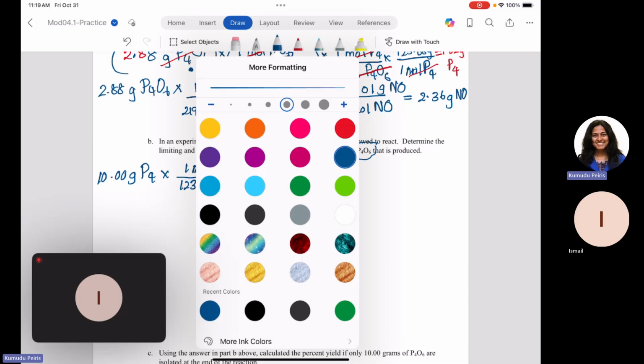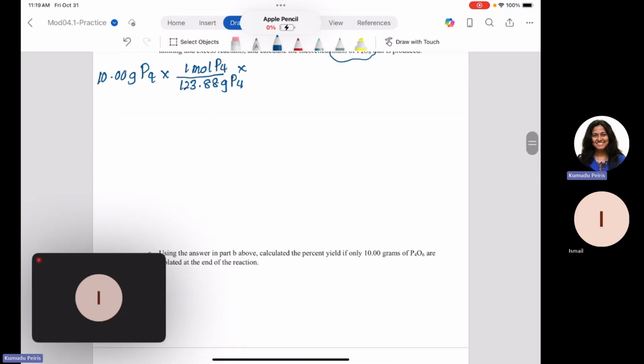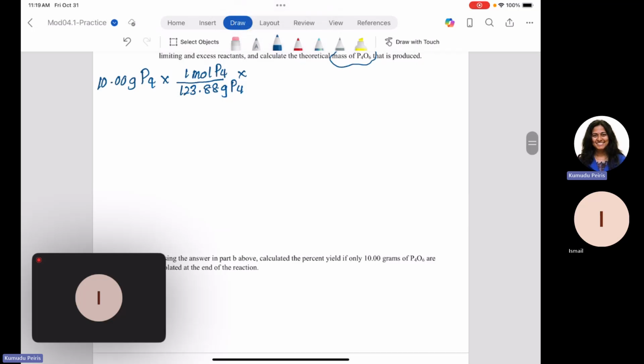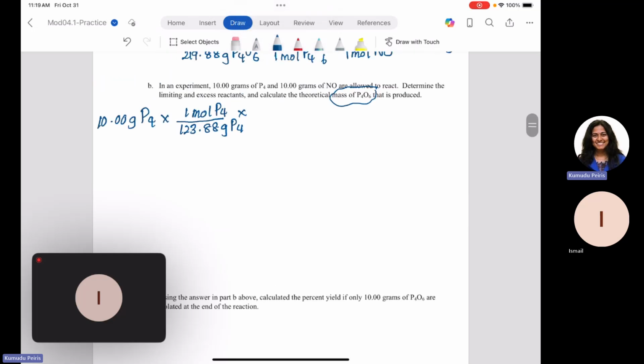Okay, hold on. Oh, actually the battery was zero with the